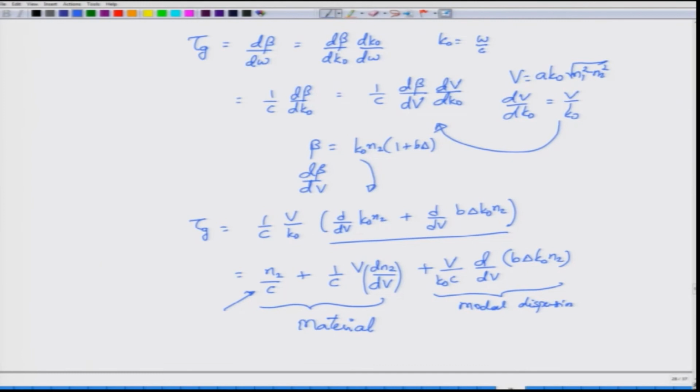Okay. Modal dispersion in turn can be broken up into intra and inter, which means that if I am going to consider only a single mode fiber, the propagation constant beta will be different and it will be nonlinearly related, but it will still be with the same single mode, right. So, this is called intramodal dispersion.